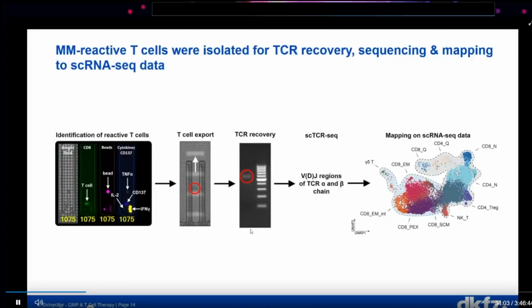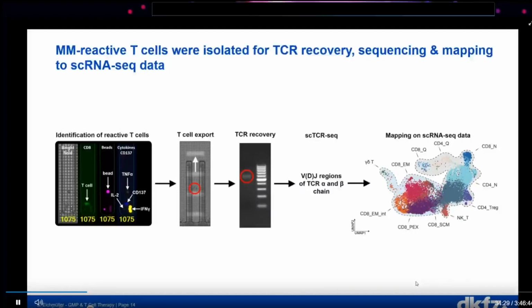So when we have the TCR, we can first check, is this kind of TCR present in other T cells? And what we did, we mapped the sequence of the TCR on single cell sequencing data we got from this very same bone marrow of the very same patient. So this is an independent experiment, of course. Part of the bone marrow we got from the patient underwent single cell RNA-seq,